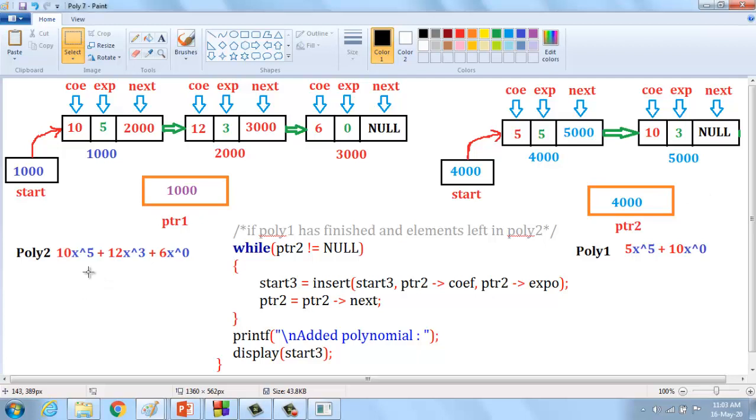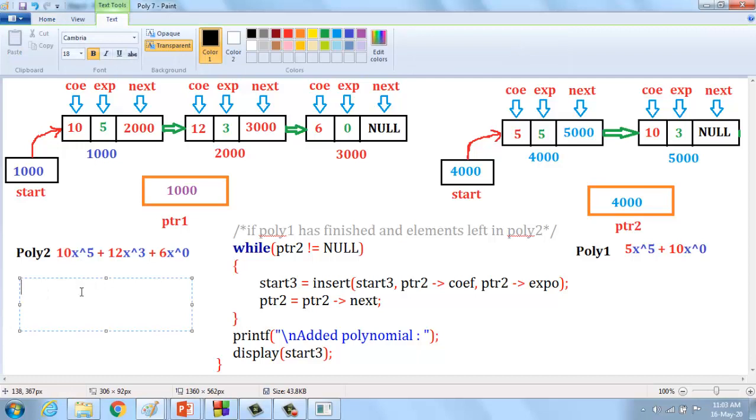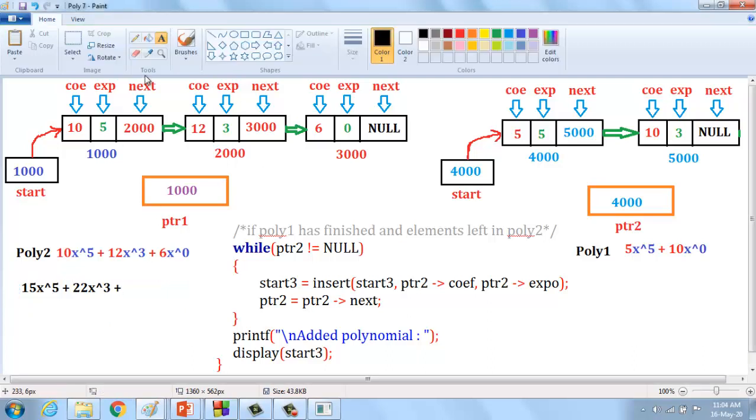Okay, in that case I am getting the proper output as 10, that is here the exponents are similar, 10, here 5, that is 15 x power 5 plus, and then here 3 is the exponent, here also 3 exponent, in that case 22, that is x power 3 plus, okay, pointer pointing to the last node in the list.